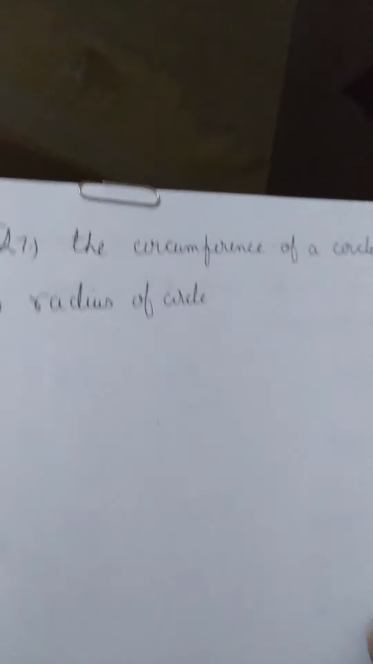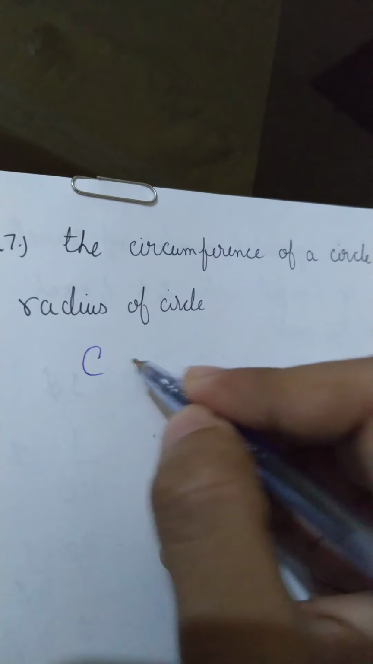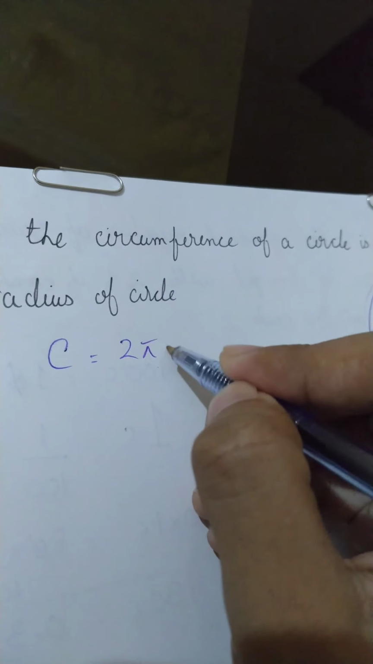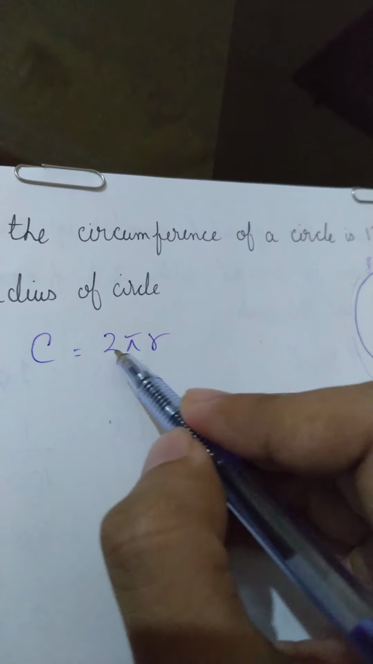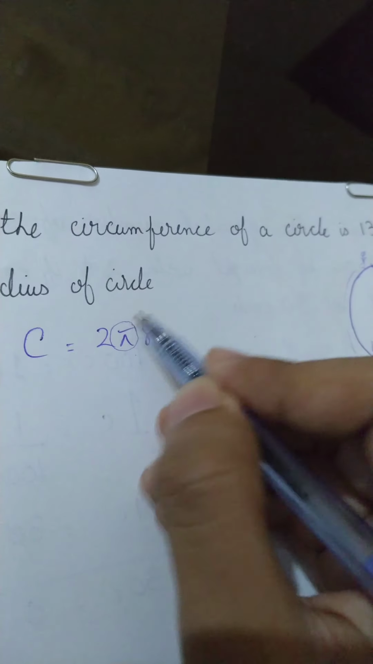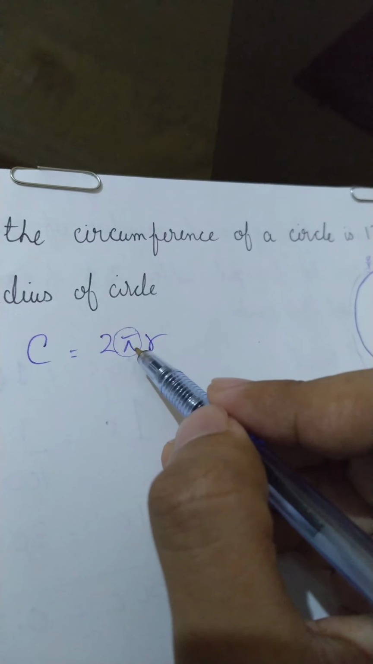So here we have to find the radius of the circle, and the circumference is given to us. For circumference there is a formula: circumference C equals 2 pi r, where 2 is 2 and r is the radius here. Don't be confused by this pi. It has a predefined value,